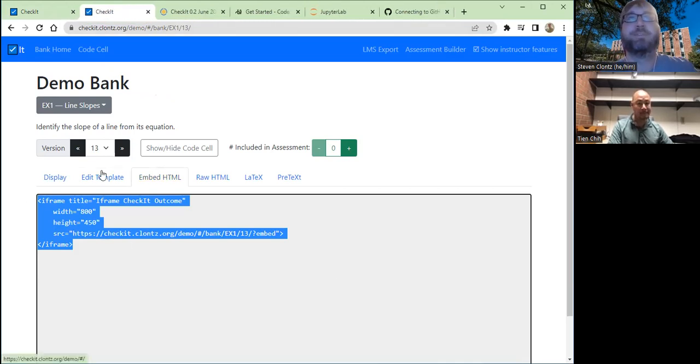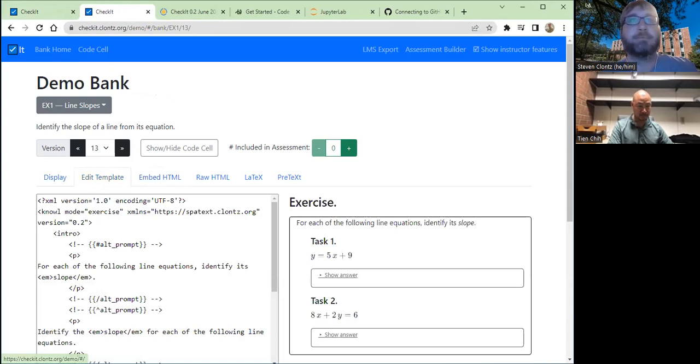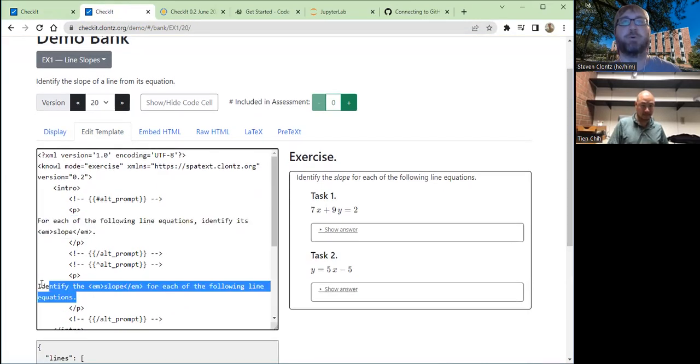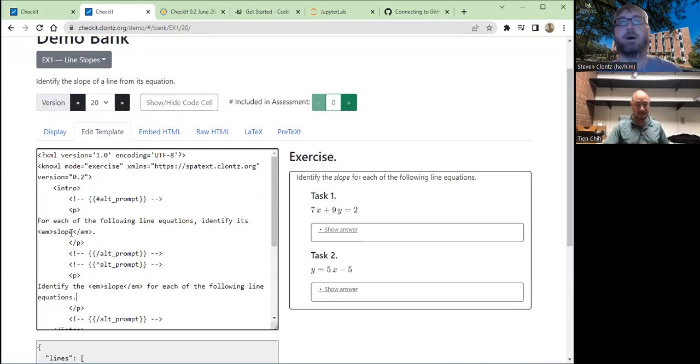But the really neat new feature that I'm really happy about is this ability to tweak the template. So let's say that you're teaching this course, you want to teach about line slopes, but let's say you don't like that the bank author randomly chose the prompt, sometimes for each of the line equations, identify the slope, or maybe you prefer rate of change, whatever you want to call it, right? There you go. You can see that live update